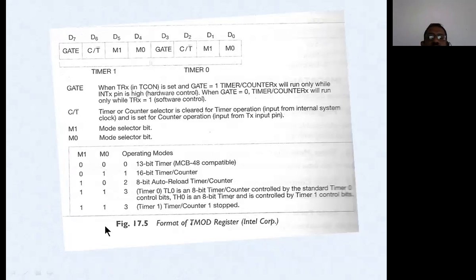Then the last mode is mode 3. Here, TL0 is an 8-bit timer counter controlled by the standard timer 0 control bits, and TH0 is an 8-bit timer controlled by the timer 1 control bits.